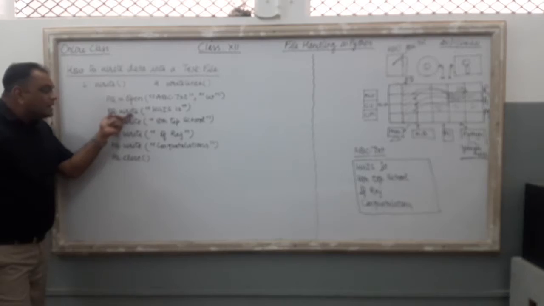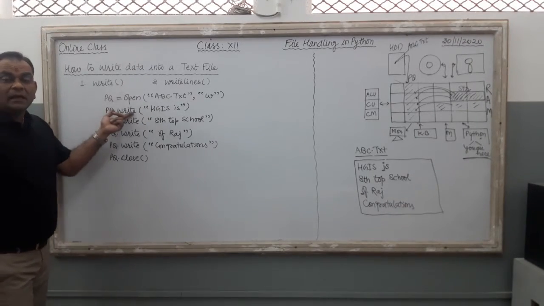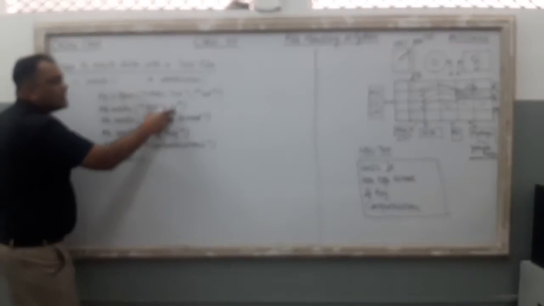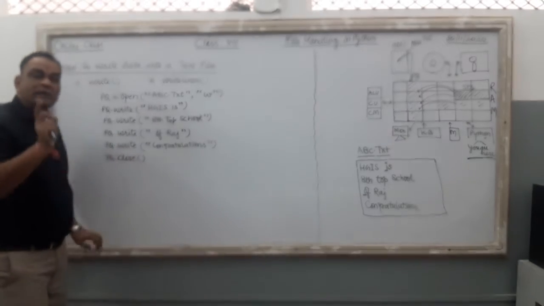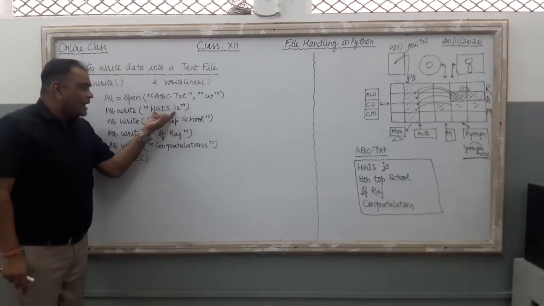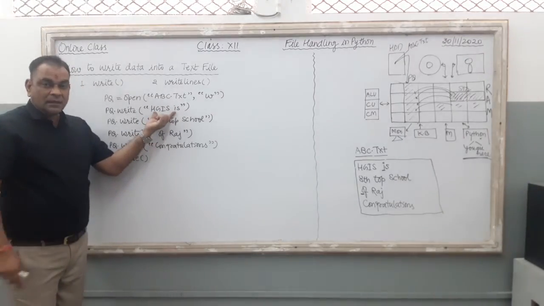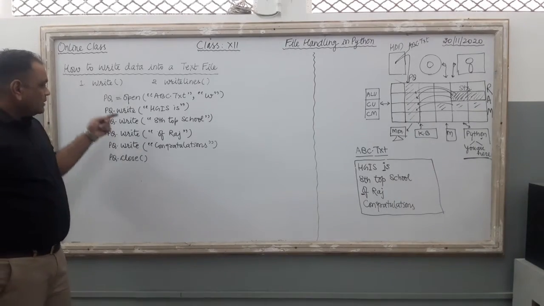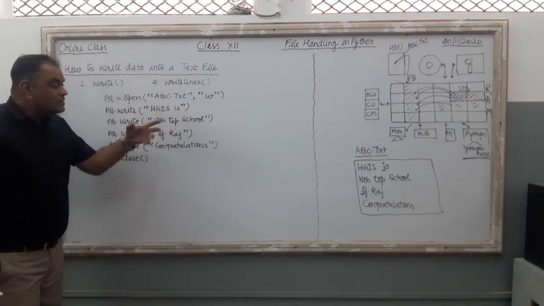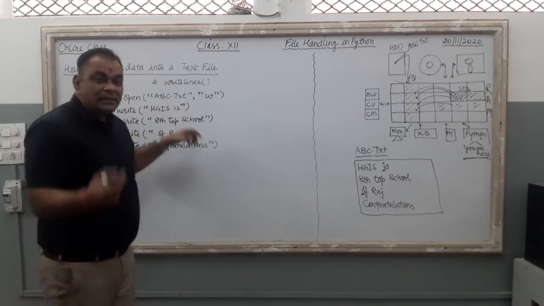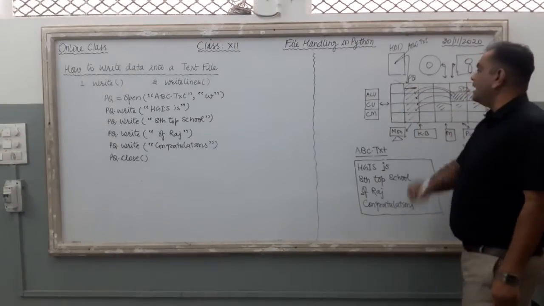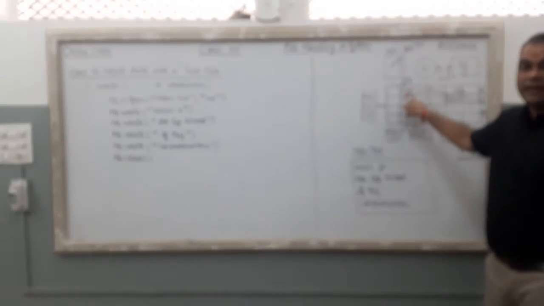Now pq.write is the function by which you can write something in the text file. Here, pq.write in small brackets, and you supply your data in string format. String means either single inverted commas or double inverted commas. So here if I want to write HGI is into my ABC file, just see the command: pq.write, inside the bracket 'HGI is', right? Instantly this line 'HGI is' is written by the computer in the file object at the beginning position. This line is there in the file.